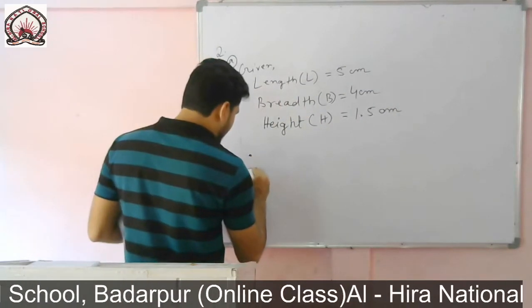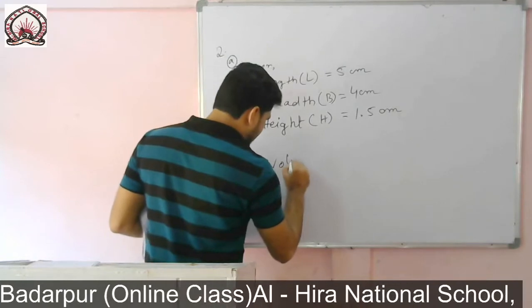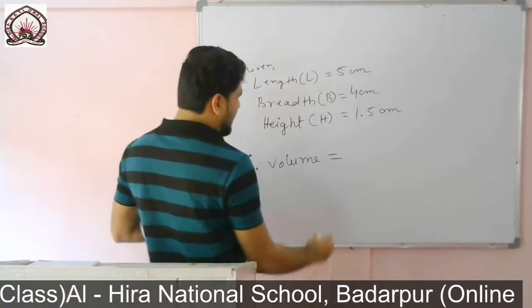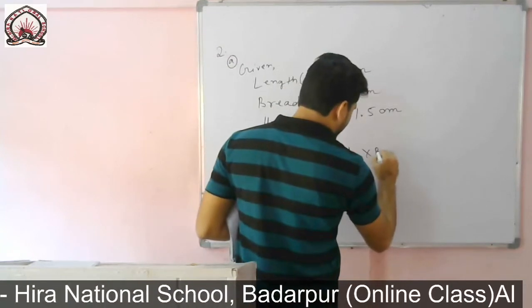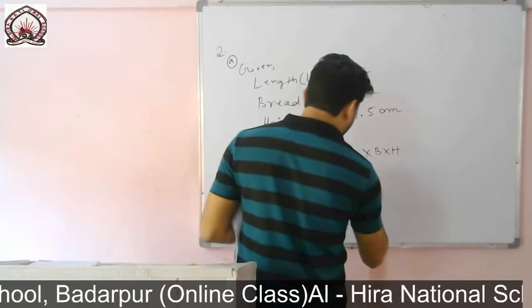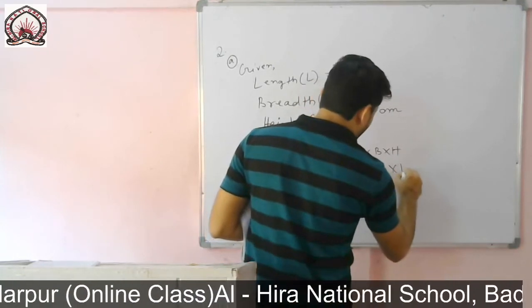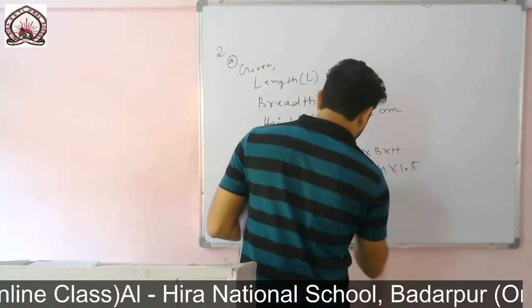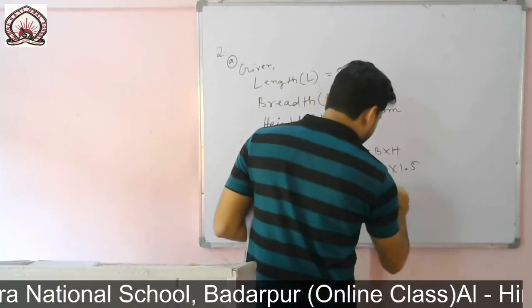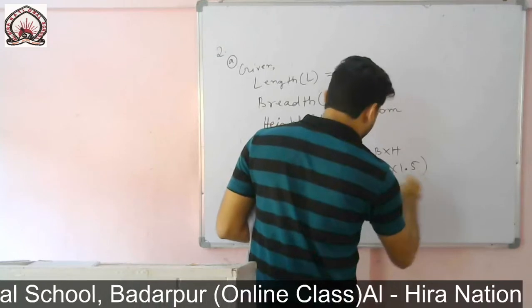Therefore volume equals to what? Length into breadth into height. Then you get what? 5 into 4 into 1.5. Okay, 5 into 4 means what? 20 into 1.5